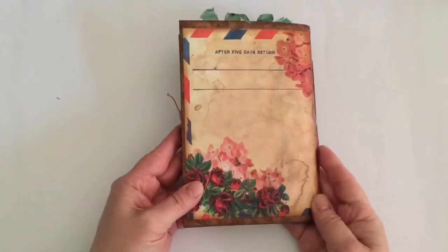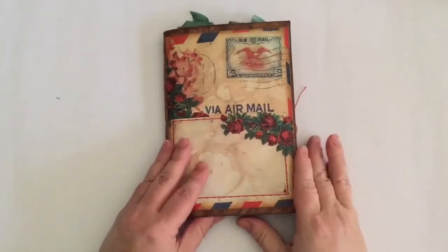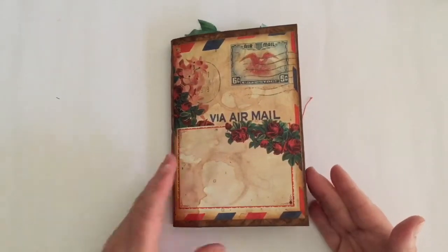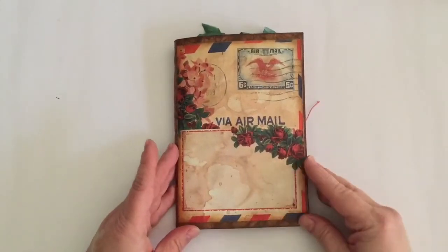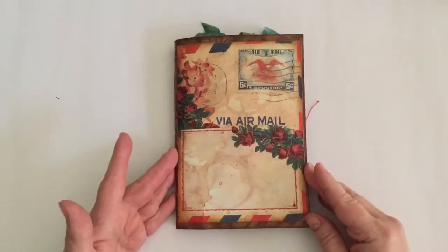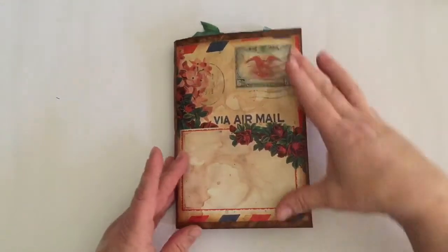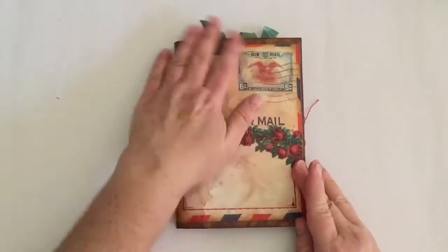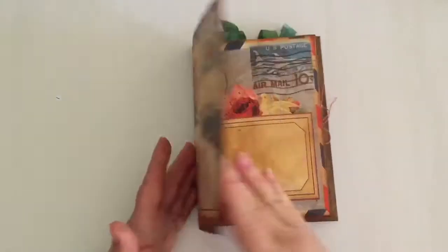Just before we do, this is the back, and it's just a single cover journal. And what I did to make the cover was use some cardstock, and I covered it with some brown packaging paper, which I scrunched up and inked and Mod Podged and sort of terrorized for a while until it looked the way I wanted it, and then added the actual printables. So on the inside,